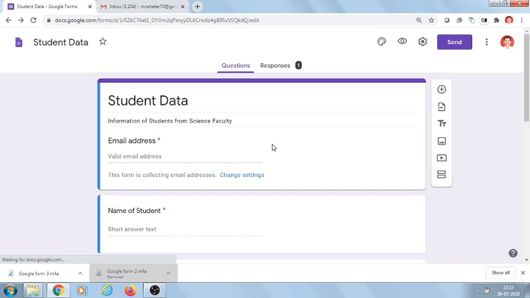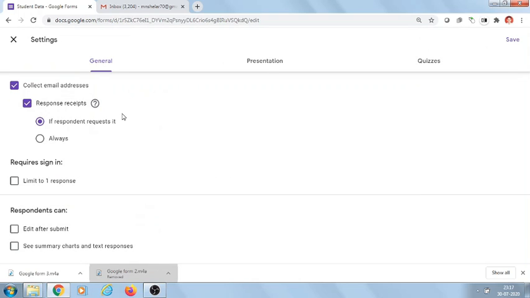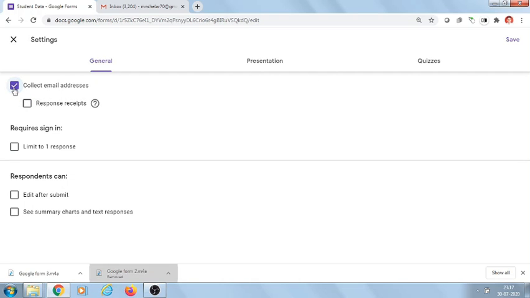Now let us see different settings of Google form. You click on this settings button. You will see a general setting here. Now if collect email address is turned on, means it automatically collects email addresses of all respondents.